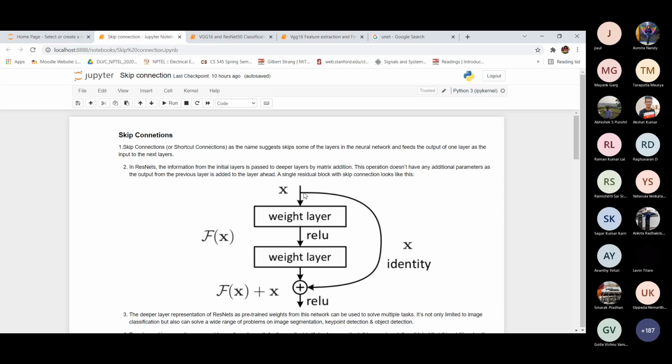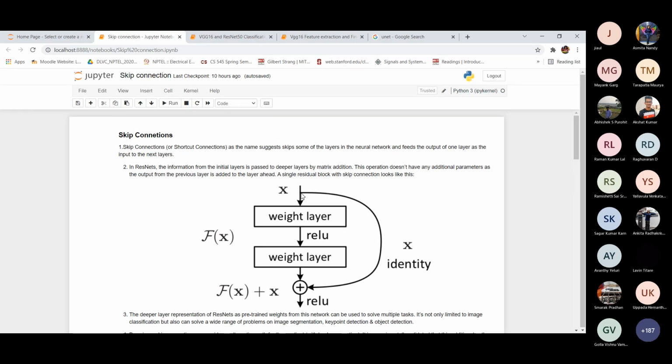Let's say you have an input image of size 224 by 224 with 3 channels. In the middle, the network will lose some features. So how will the model perform better? To make the performance better, we use skip connection.